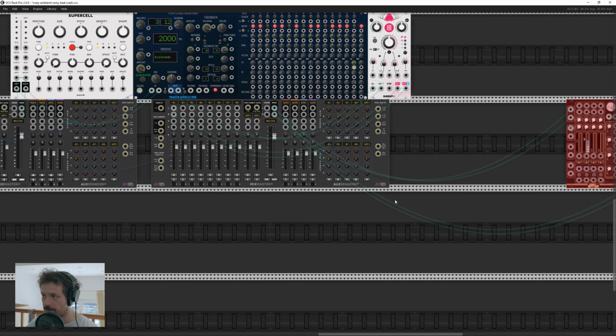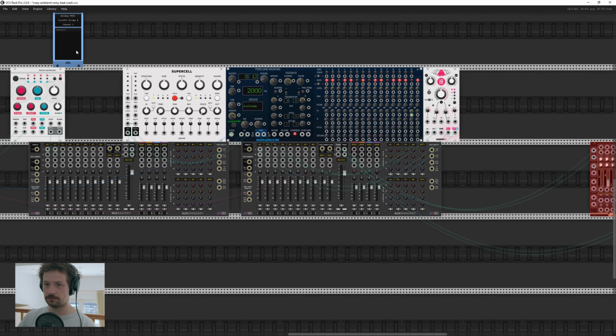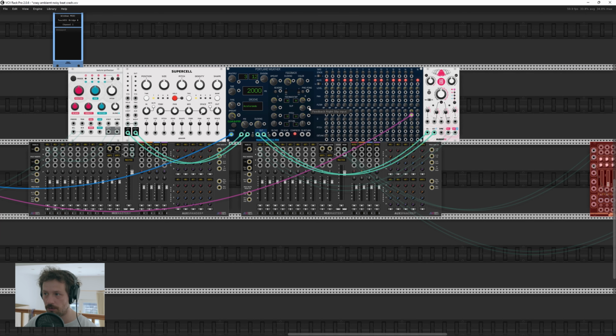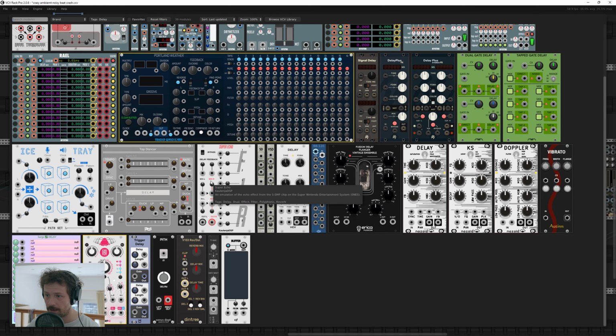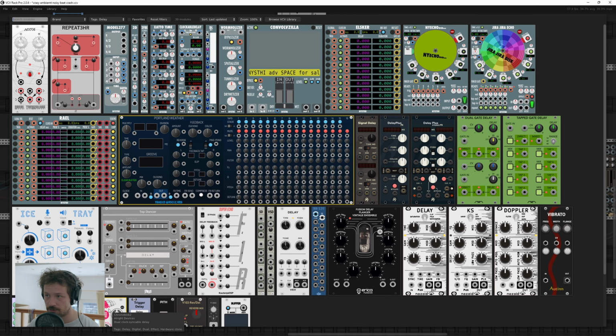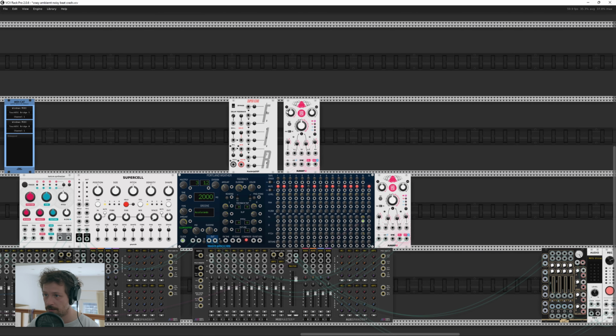I want to use those modules only for sound design, as well as the chronoblob. I don't want to use the chronoblob if I want a delay at the end. So of course I add super echo and chronoblob at the end